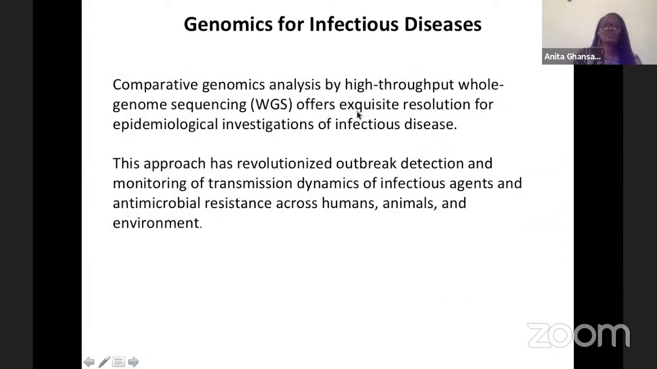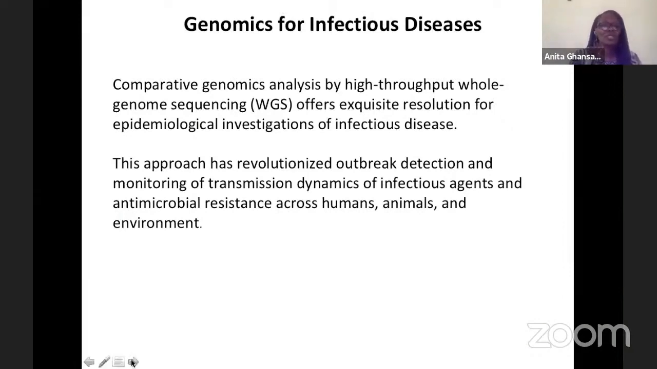So comparative genomics analysis by high resolution or high throughput whole genome sequencing offers that high resolution for epidemiological investigations of infectious diseases. And this approach we know has revolutionized outbreak detection, monitoring of transmission dynamics of infectious agents, and antimicrobial resistance across humans,